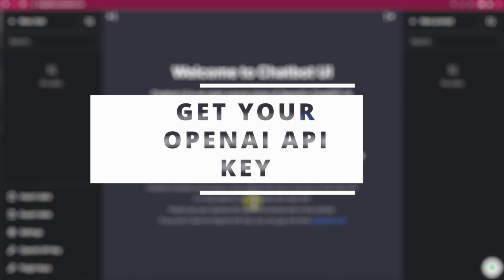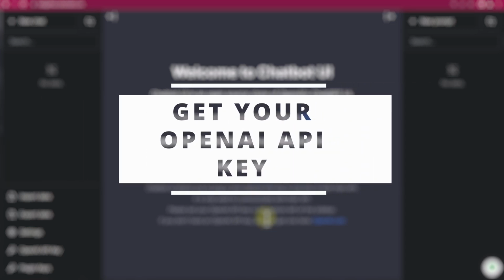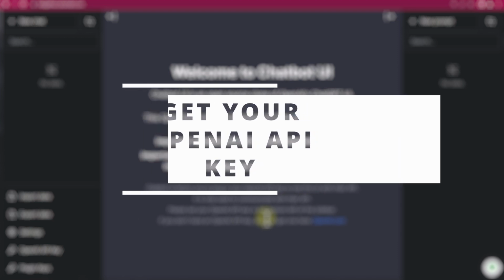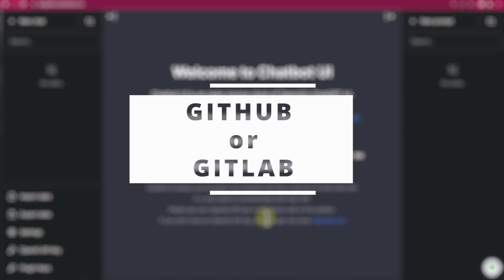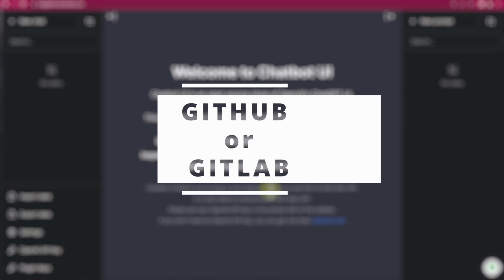Let's move to that. You will need two things at hand for this one. Basically, you need an OpenAI key that works. In addition, you will also need either a GitHub or GitLab account because you want to store a Git-based repository. Very simple, very easy to do. I hope it will help you out. So I'm moving on to that.